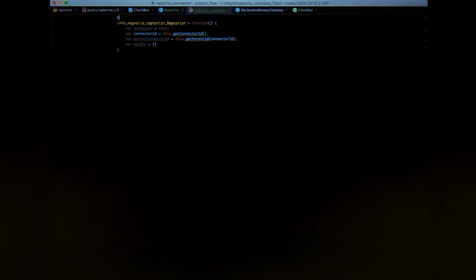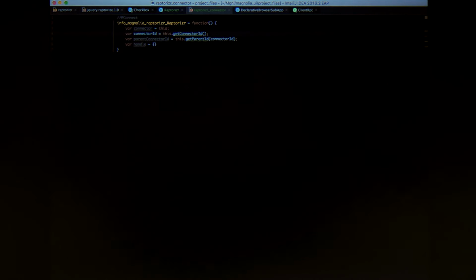By convention, if you want to attach a JavaScript connector to a Vaadin component on the server side, it has to resemble its fully qualified class name, but with dots replaced with underscores. If it would be Java, then we would be using the @connect annotation. So that's how it happens. And then several variables like self-reference and also connector IDs,